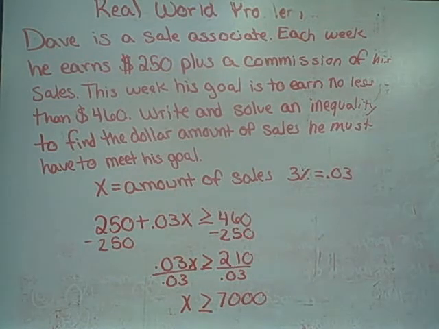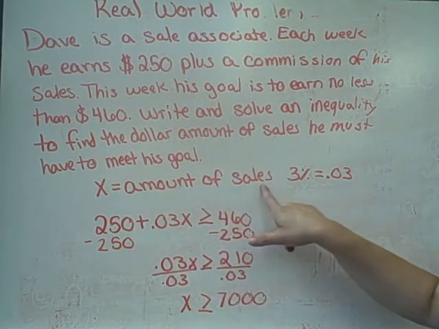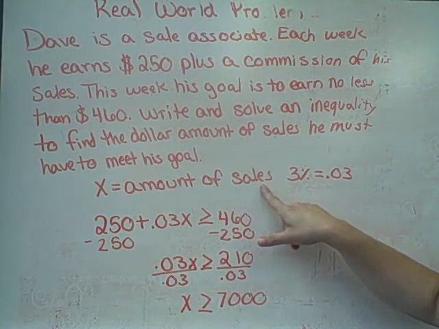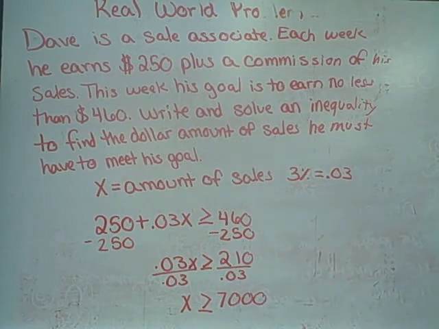Okay. Keep in mind that commission is extra money that is typically added to the end of somebody's salary based on a percentage of what they have sold. Okay, so if you're a good salesman, your commission is going to be higher because you're going to get a percentage of the money that you've sold. Okay, so let's make X the amount of sales, or how much he sells in a week. Okay, now we need to know that 3%,